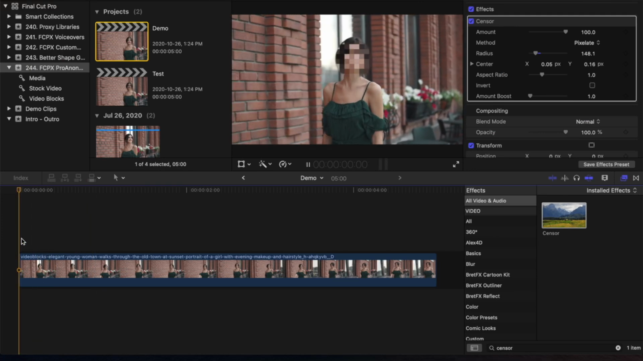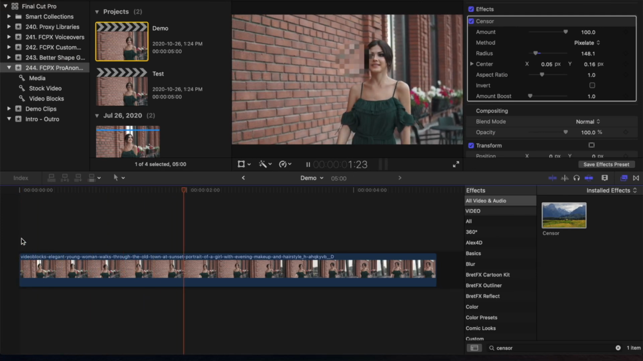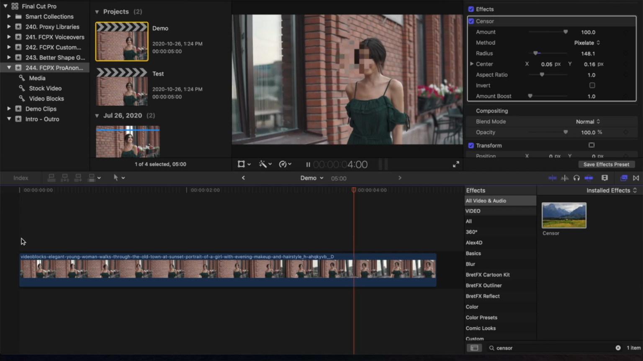The problem with this method is it only works if the part you're trying to censor doesn't move. The censor effect stays in the same place throughout your clip, so if your subject moves, it's kind of pointless. You could manually keyframe the position of this effect, but if there's lots of movement in your clip, this could take a long time. There is a better and easier way of censoring moving subjects in your video, and that's